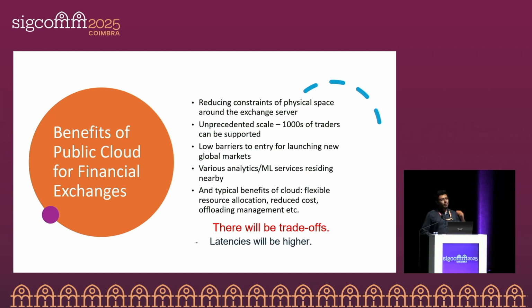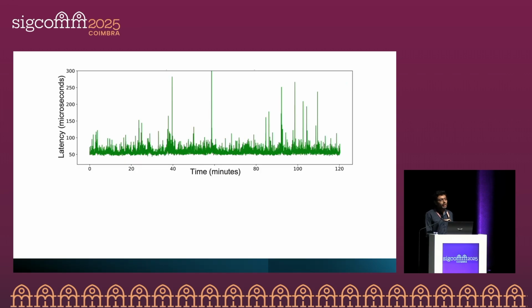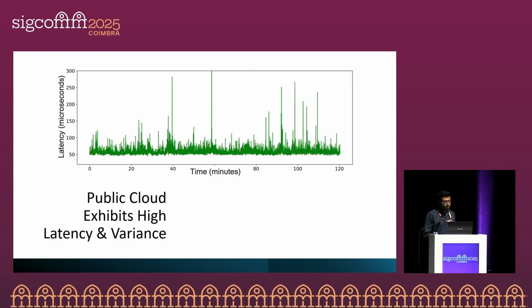So the trade-offs with respect to these co-location facilities is that the latencies are going to be higher. So they are not going to be this low guaranteed wire length latency. And the guarantees of fairness will have to be coarser, right? So we have to adapt. So what's really the big challenge of moving these financial exchanges to the cloud? So really it is actually the high latencies and the variation in the latency.